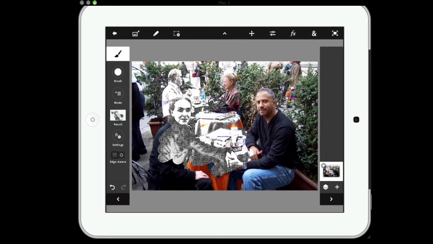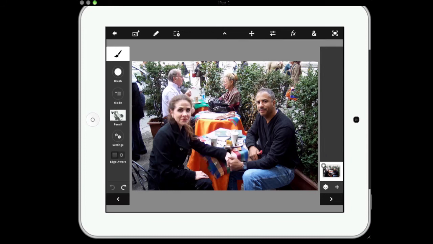Pretty awesome. We'll hit the top of the menu again. You can use the selection tool. I love this tool as well. So you can use the selection tool, and you can select the part of the photo that you want to copy,